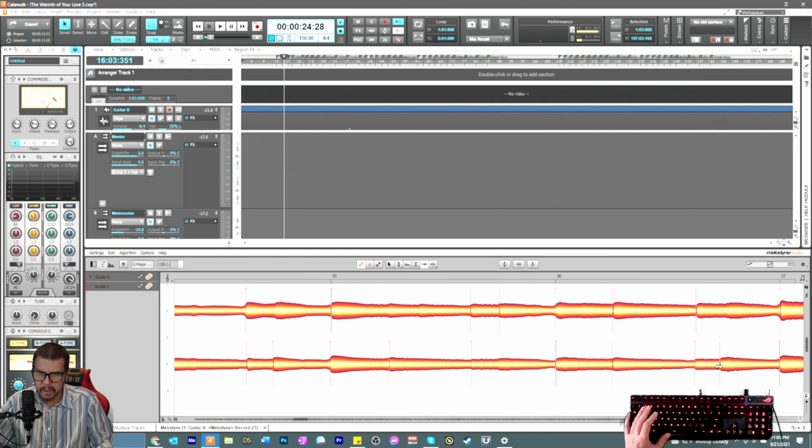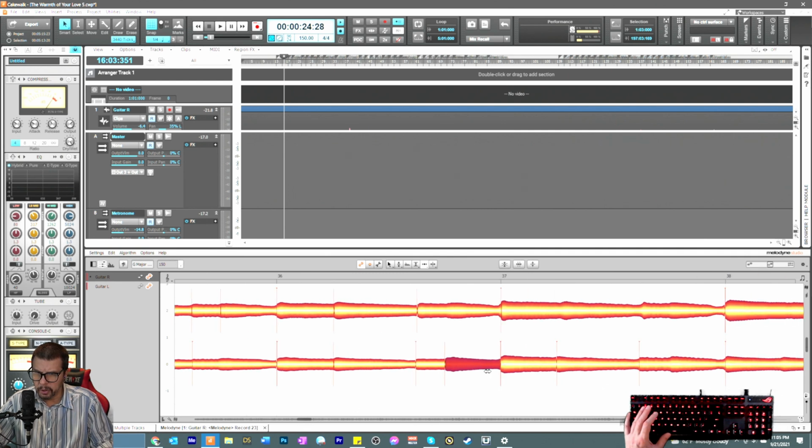So I'm just getting the different guitar notes aligned up better. As you can see, they're not quite aligned in certain spots, and so I'll give you